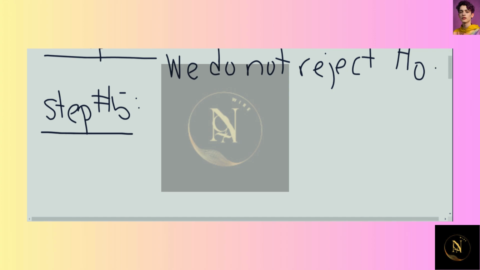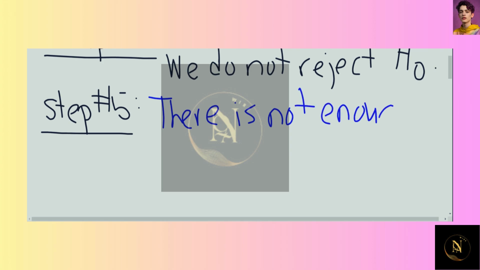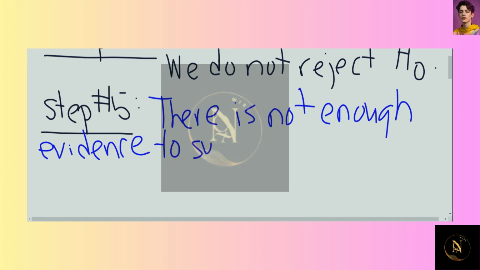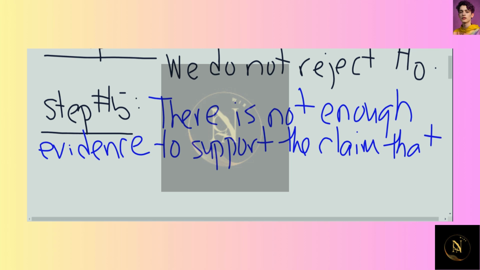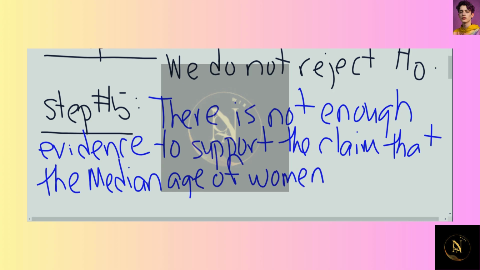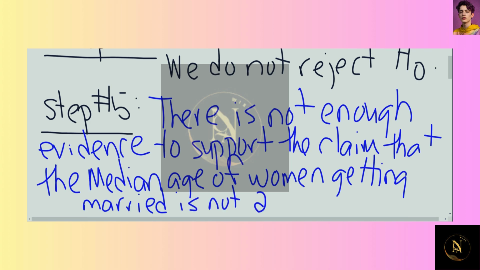So my summary I'll put in blue, and that is there is not enough evidence to support the claim that the median age of women getting married is not 27 years old. All right,